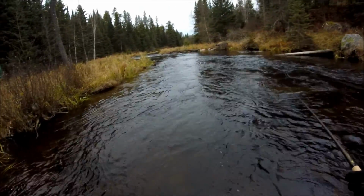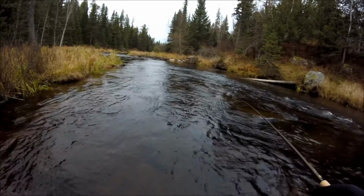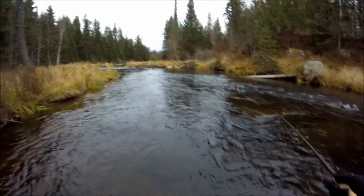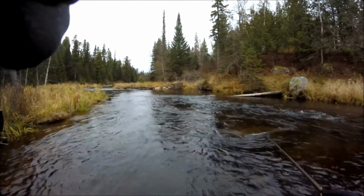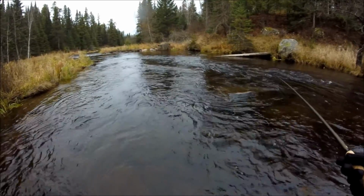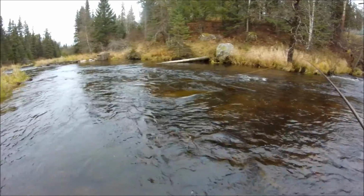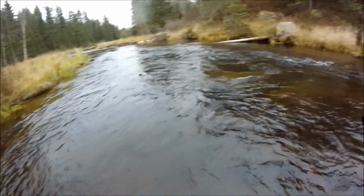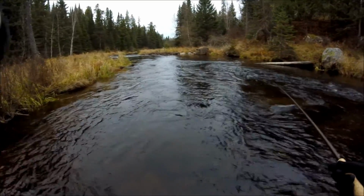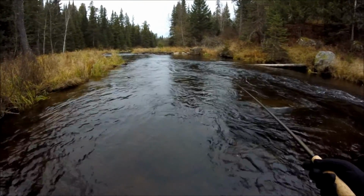Another advantage of the Tenkara is you're not likely to get yourself in trouble. So, for instance, if I had my 2-weight down here, there's that corner over there. You can see it where the 2 parts of the tree are, and sort of flat there, and I saw a fish swirl down there. So if I had my 2-weight, I would not be fishing this water right in front of me and really trying to work it over and cover the water and get the fly in different spots